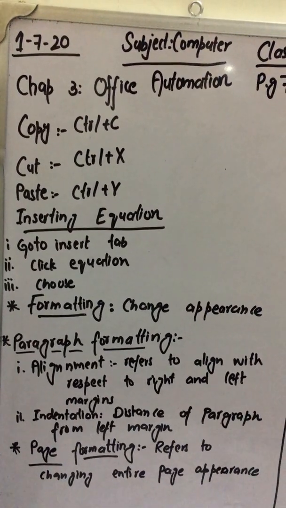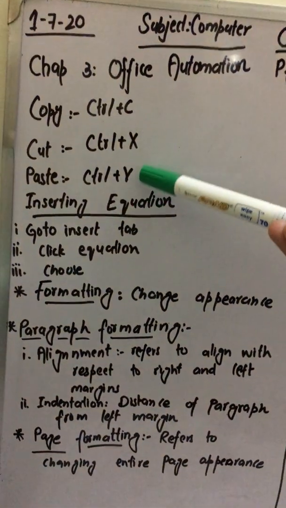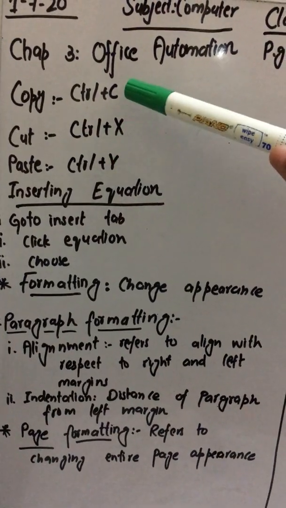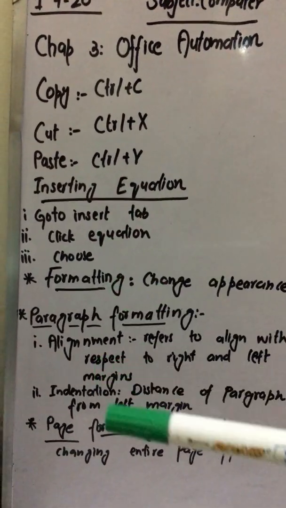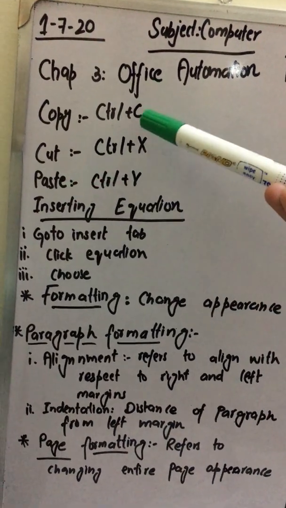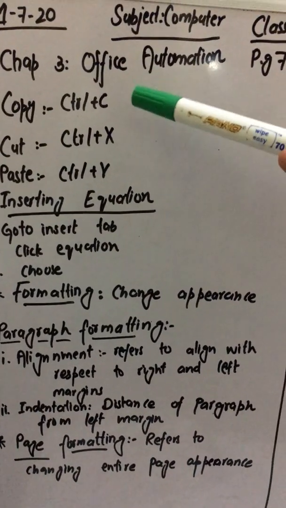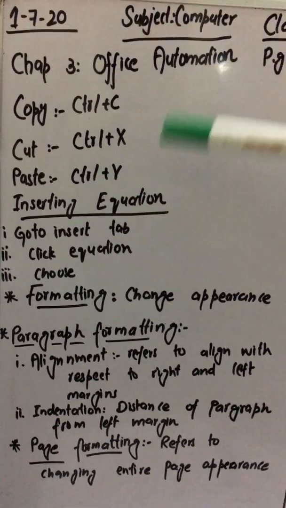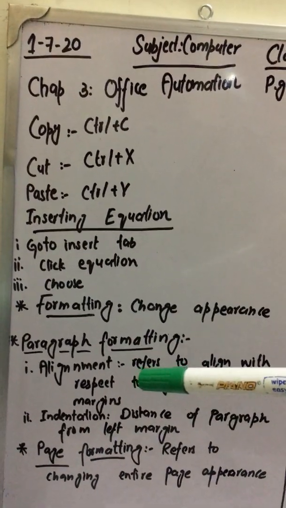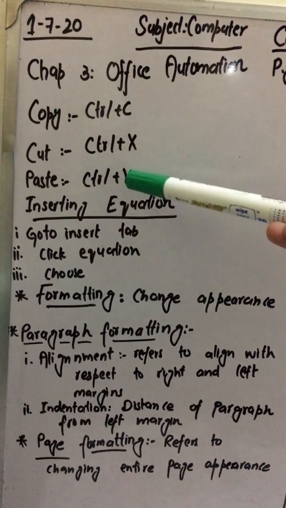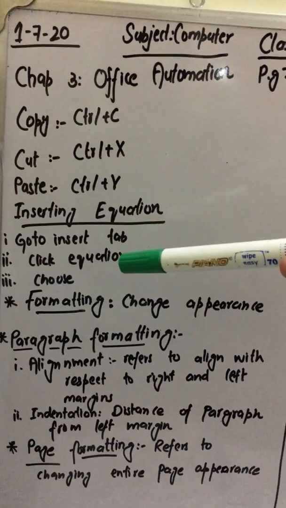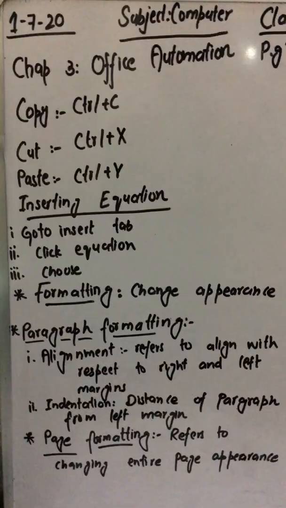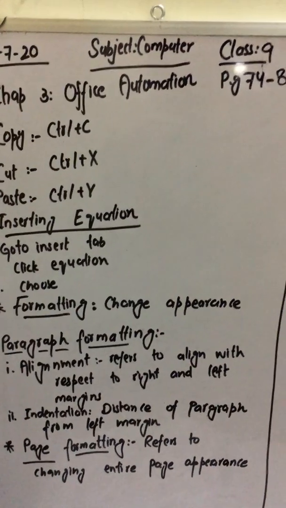One thing which I need to mention over here is that your Ctrl plus V or paste command is disabled, or it does not work, until you have copied or cut some text from your Word document. Or you can say that Ctrl plus C or Ctrl plus X are the prerequisites for pasting something. Because unless you have copied or cut something, how can you paste it somewhere? That's why we say that Ctrl plus C or Ctrl plus X will be used first. After that you can use the command Ctrl plus V for pasting something.